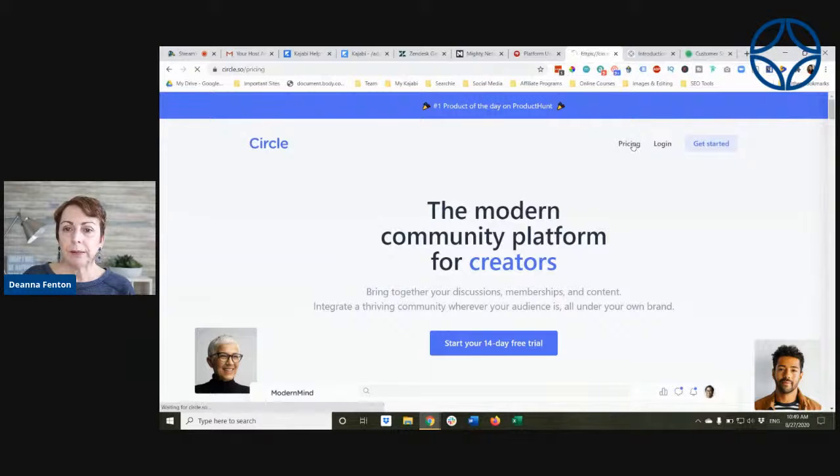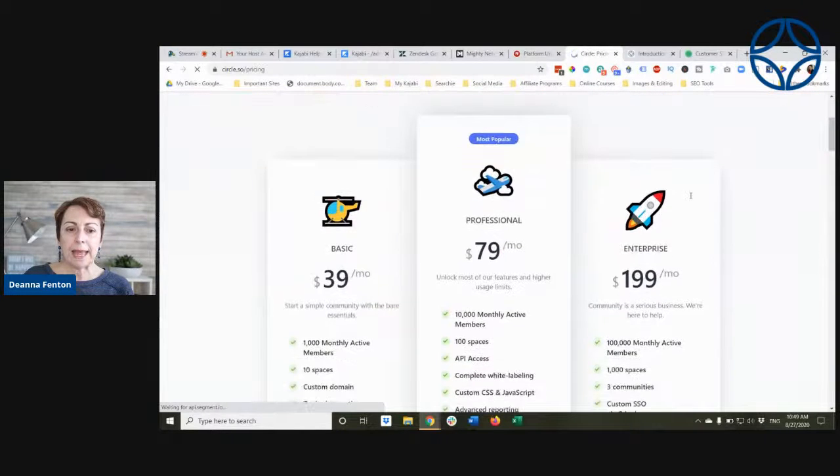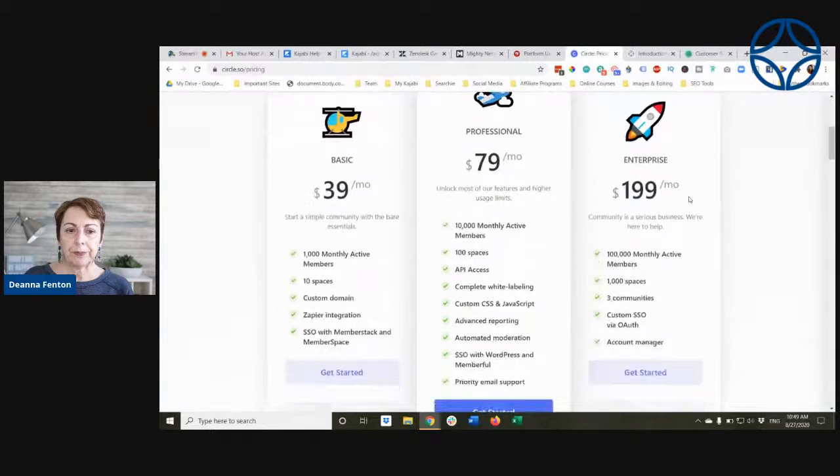Pricing, let me show you pricing. Yay, they have basic, $39 a month for 1,000 monthly active users, 10 spaces. So again, remember, a space is like a group. If you wanted to have a free space and then standalone spaces just for students or members, you could do that. You can use a custom domain, Zapier integration, and they're doing single sign-on, which is a